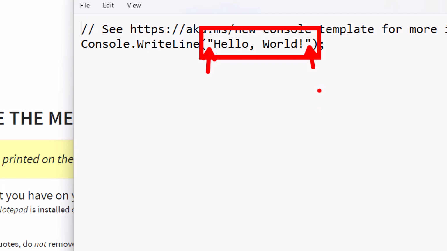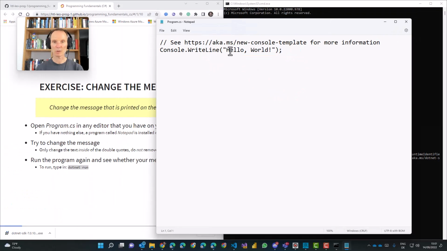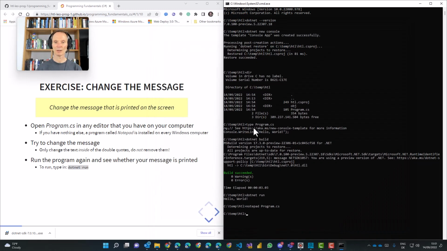I will tell you more about that in the upcoming weeks. For now, you can change everything between these double quotes. So in this case, I say, I don't know, I love coding, something like this. So go on and change the greeting here. And if you're done, you can press File, Save, and close program.cs.